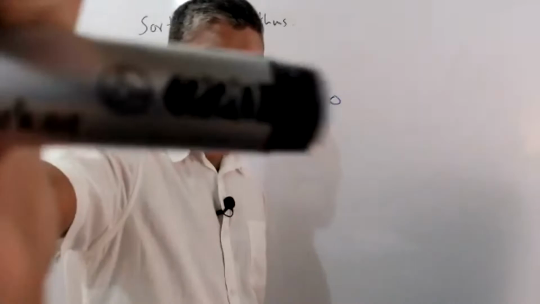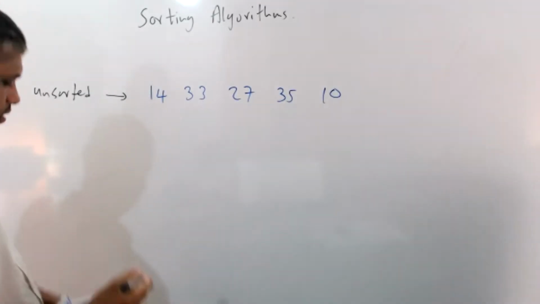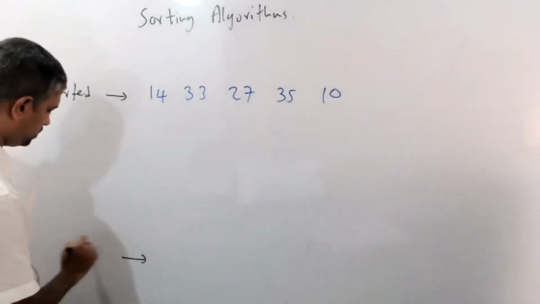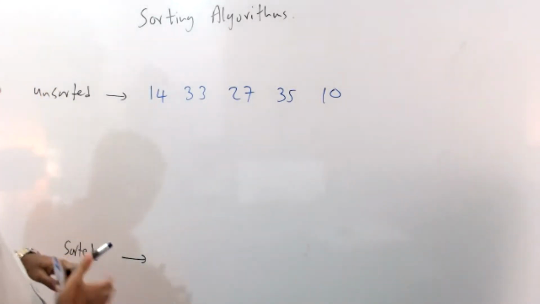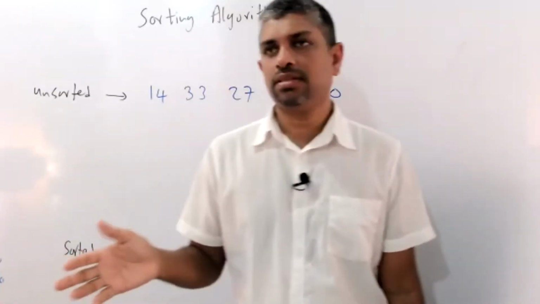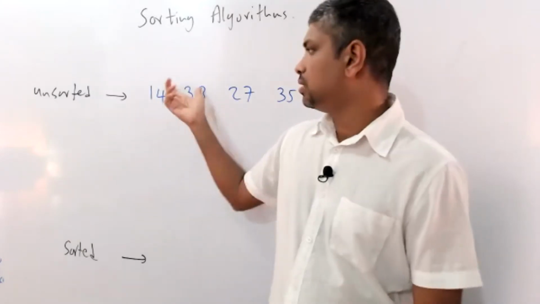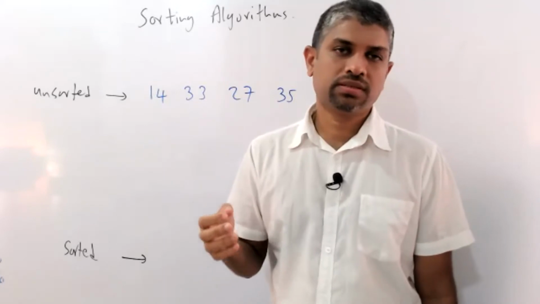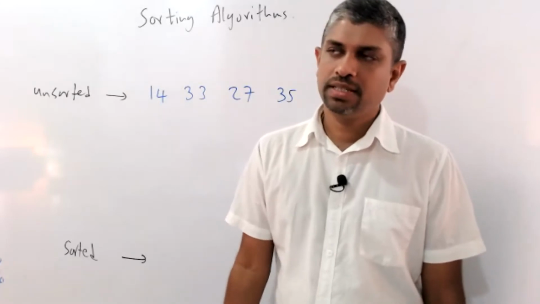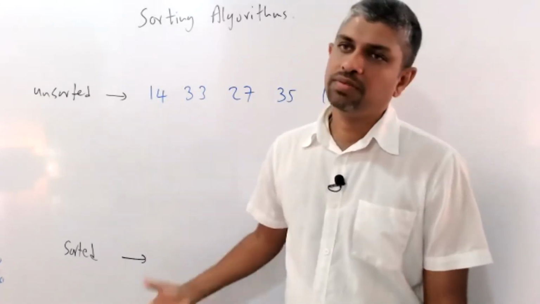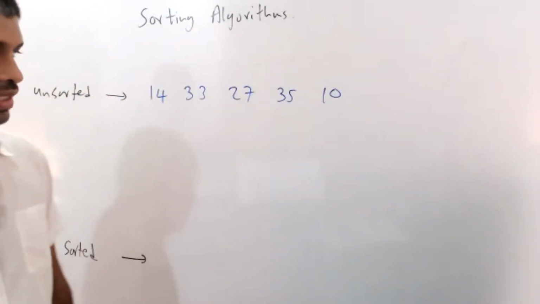So once it is sorted, what we want is sorted data, sorted values. Sorting means when there are numbers, the sorting can be in ascending order or descending order. When the data set is words, which we call strings, then we have to consider alphabetical order. Likewise, we can sort by considering various methods. As these are numbers,